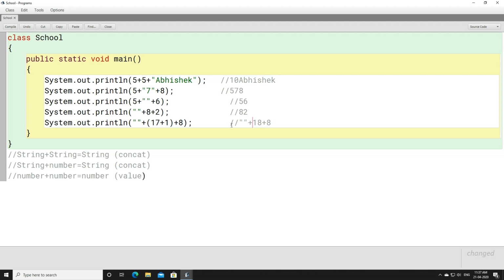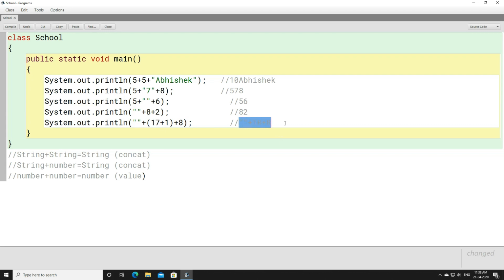When the null string is added to 18, this becomes a string. Because 17 plus 1 is evaluated first to give 18, since it is present within the parenthesis.